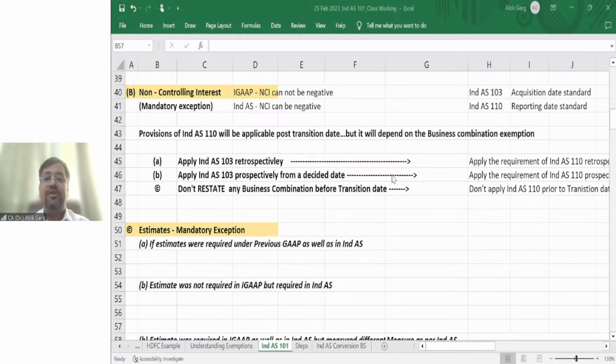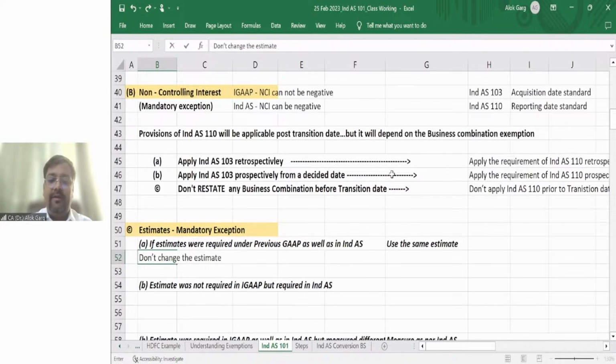You cannot change the estimate. Otherwise, the company may manipulate the numbers and say that no, I need to change the estimate. Don't change the estimate